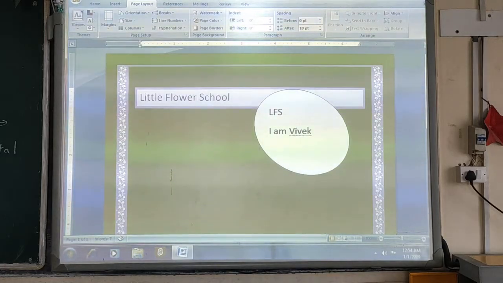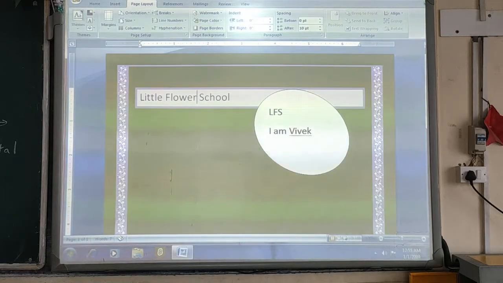So this is how we come to the end of this chapter. In today's online class session, we have discussed how to add shapes within the document, then how to insert text within the shapes, and how to apply the border and its settings to the complete page or document, or even to a particular text or a paragraph.